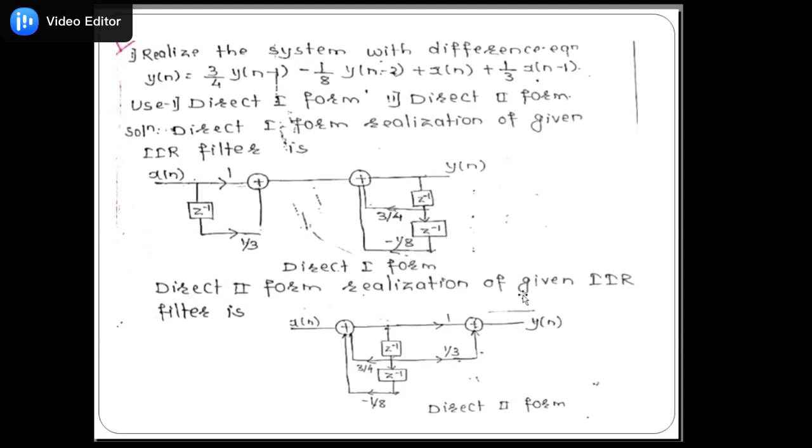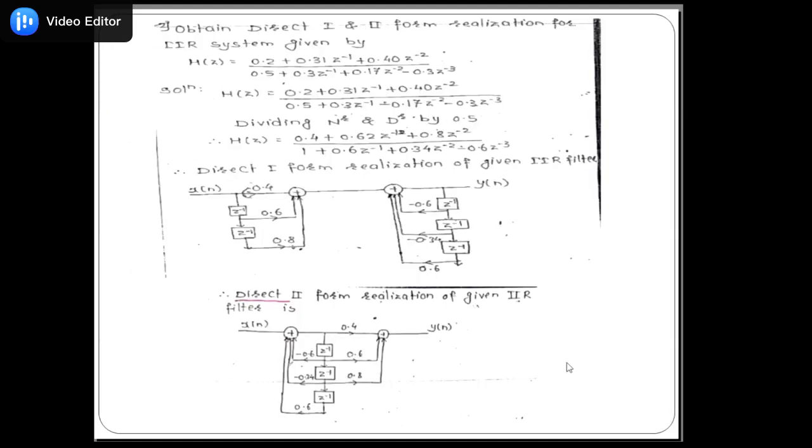Direct 2 form realization of the given structure, that IIR filter. Suppose you consider that the y of n side will be on the left side and the x of n side will be on the right side, then this structure will be generated as it is, that will be the combination. First, the delay version will be generated for the input, then on the y of n side, that will be the delay version of output. First stage, second stage will be considered, and that will be the x of n, that is your y of n, that is called a direct 2 form realization.